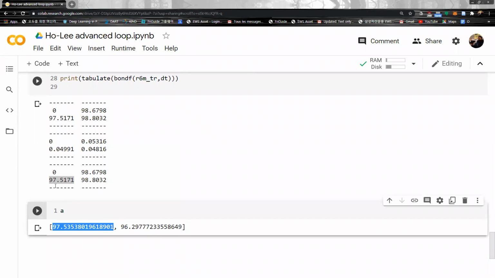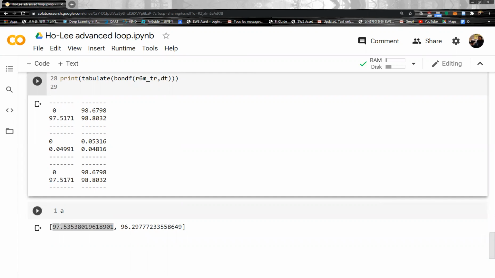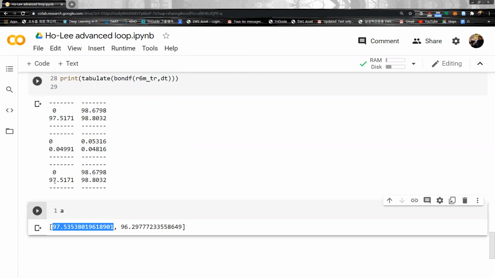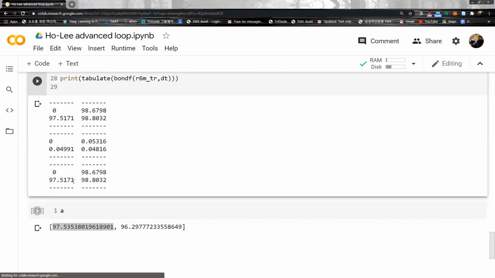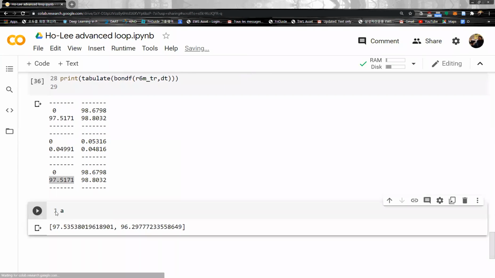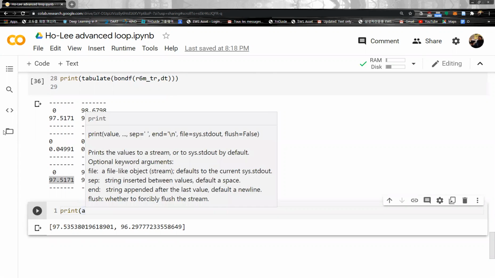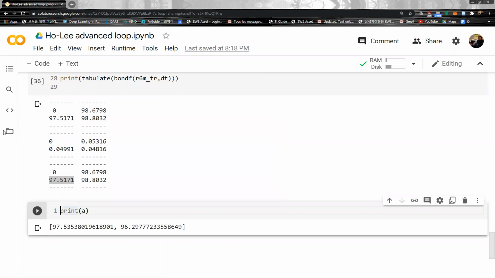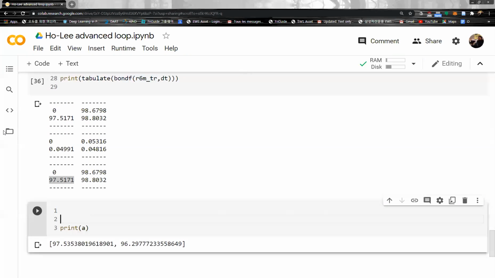So what we want to do is find the first mu, the first drift term, then make this one and this one the same. In order to do that, we have to make a function that calculates the difference between this one and this one. Okay, so in order to find the differences, of course, what we can do is